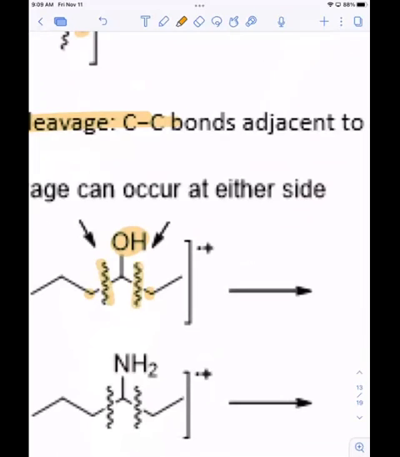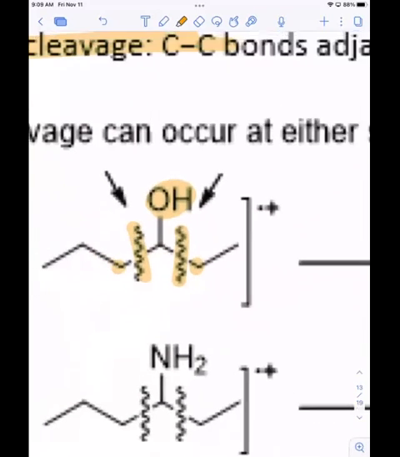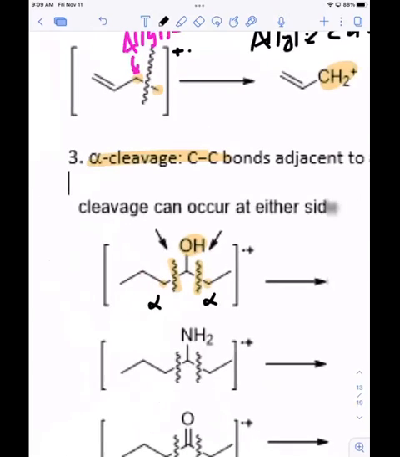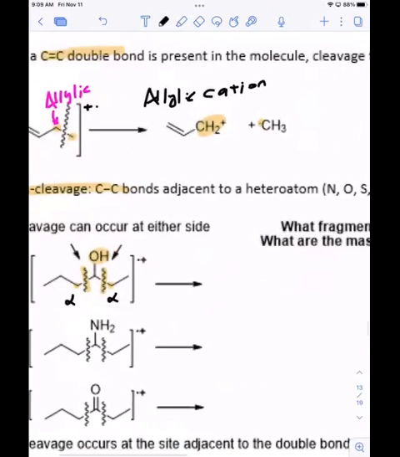It's going to break here and here, because those carbons, just like when we studied E2 elimination and we talked about alpha protons that are adjacent to where your leaving group is. I'm not saying that OH is a leaving group. What I'm saying is the positions next to that functional group are considered alpha. We call them alpha carbons. That's why we call this alpha cleavage. So if I break that alcohol, if I chop it,